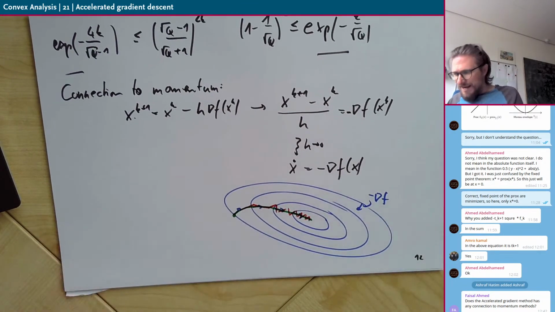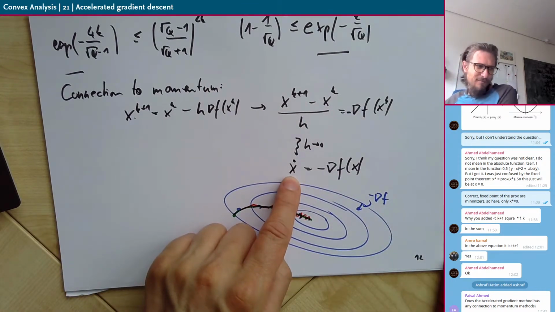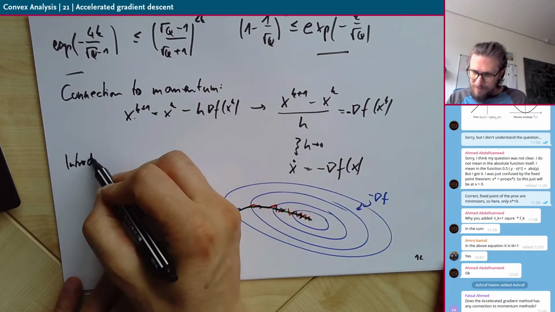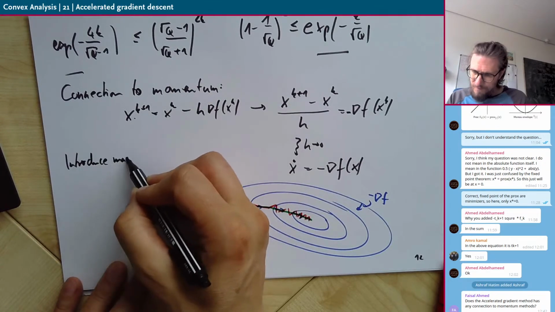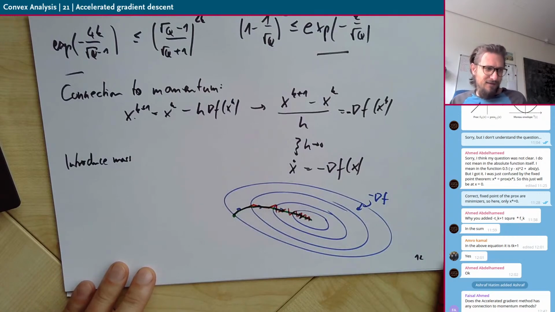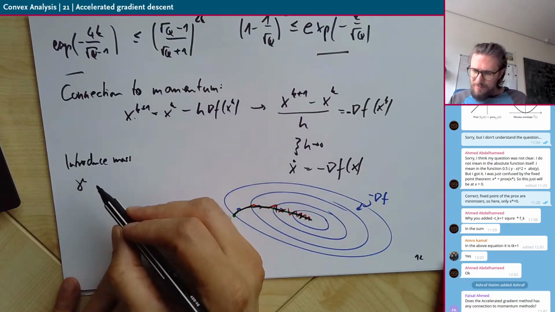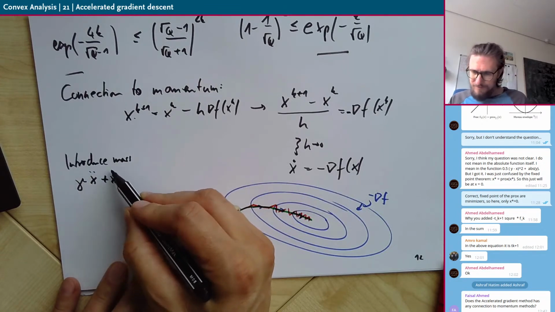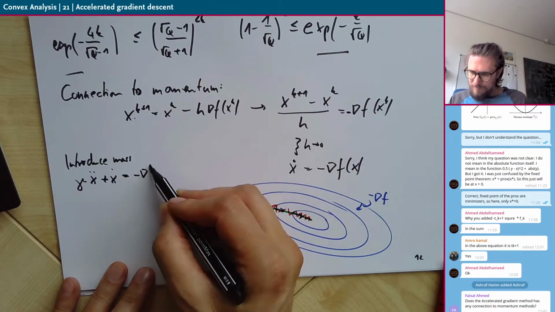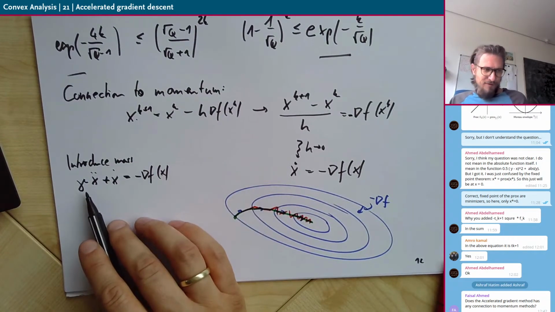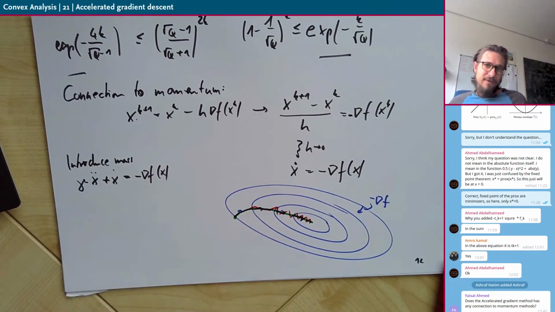But if you add mass to the differential equation, the mass introduces momentum. So this is for a massless point with no friction. For a point with mass and still no friction, you get a differential equation which looks like this. So this takes the mass into account: the larger the gamma, the larger the mass, so the more momentum the